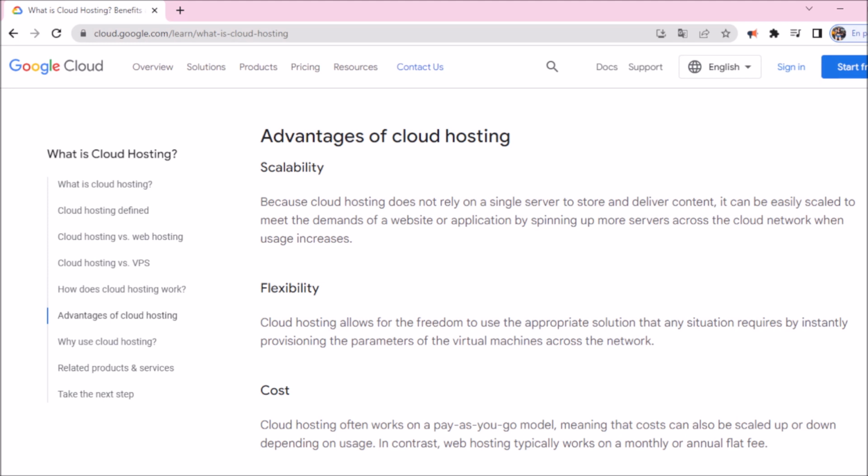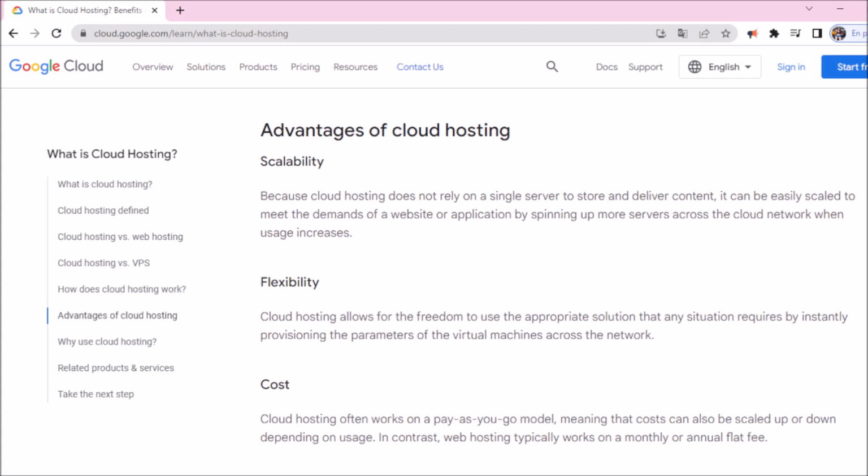Cloud hosting allows for the freedom to use the appropriate solution that any situation requires by instantly provisioning the parameters of the virtual machines across the network. Cost. Cloud hosting often works on a pay-as-you-go model, meaning that costs can also be scaled up or down depending on usage. In contrast, web hosting typically works on a monthly or annual flat fee.